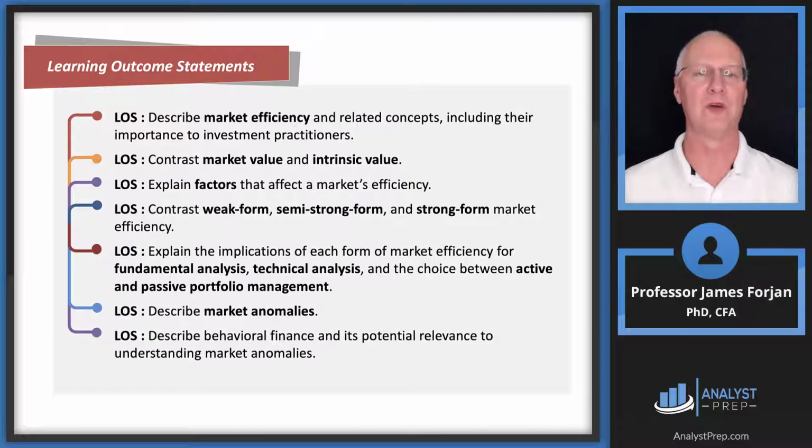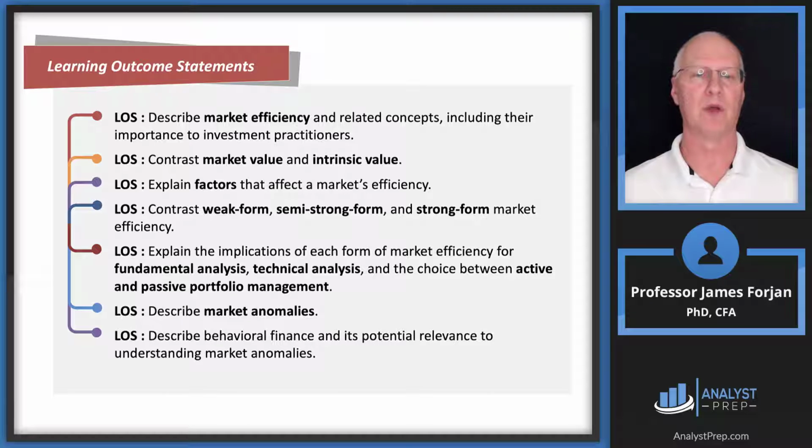All right, let's go into the LOSs. So what do we have? That first LOS. Clearly that's the most important LOS. Describe market efficiency. Then couple that with the fourth one, weak form, semi-strong, and strong form market efficiencies. Those two are going to be prime